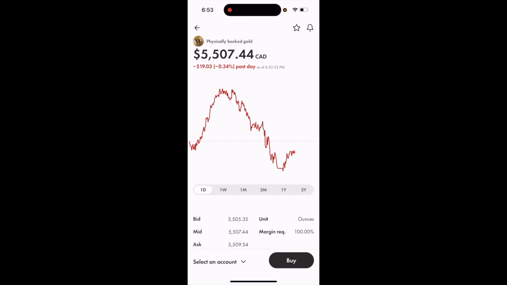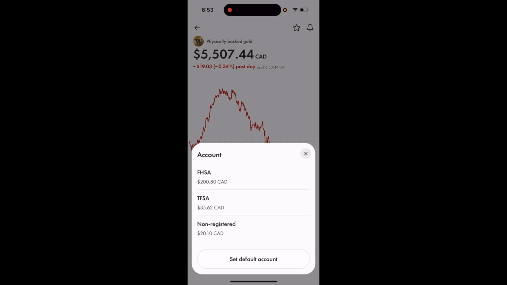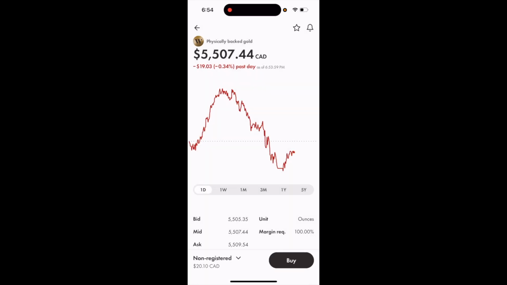Now once you're on this page right here, I want you to go to the bottom right and press on buy, but before you do that, you have to select what account you want to buy physical gold in. So if I were to go to select an account here, I can use my FHSA, my TFSA, or my non-registered. So for this demonstration, I will just use my non-registered account, and then I'll go to the bottom right